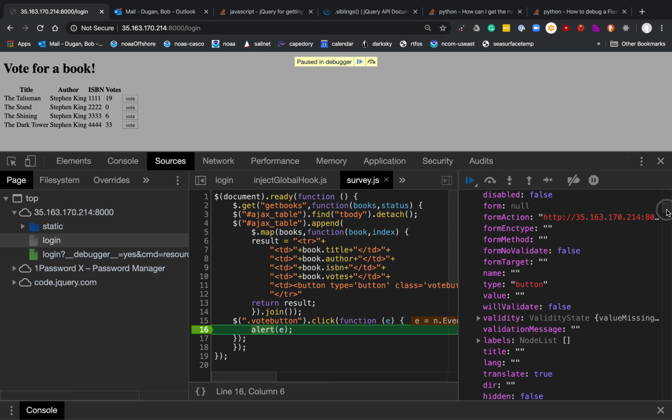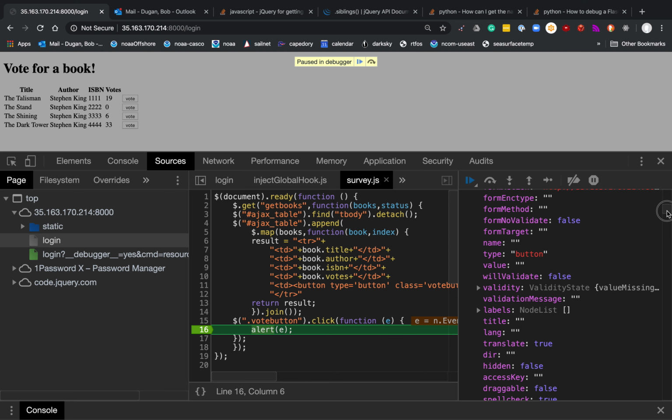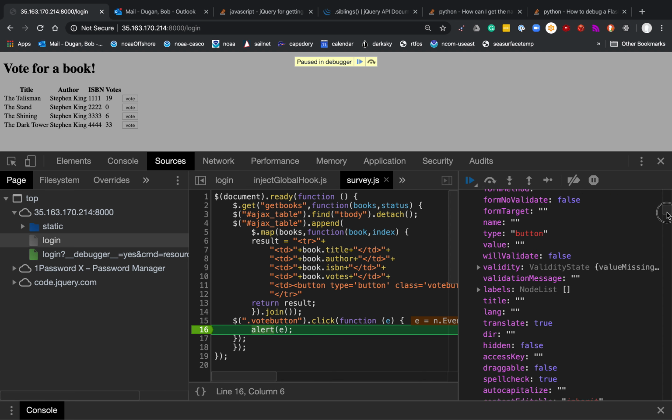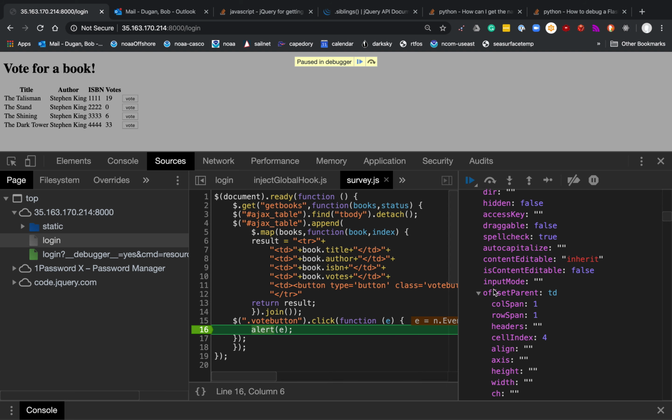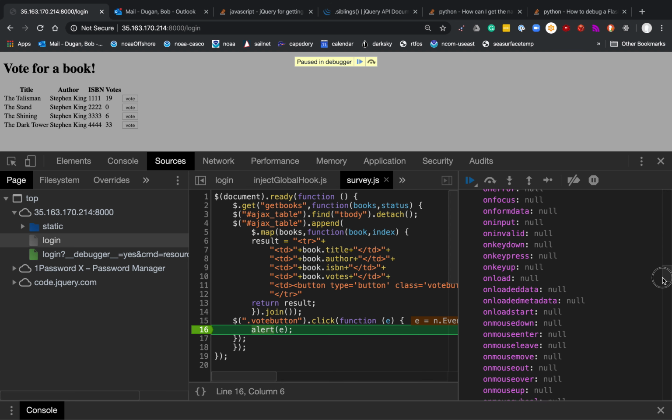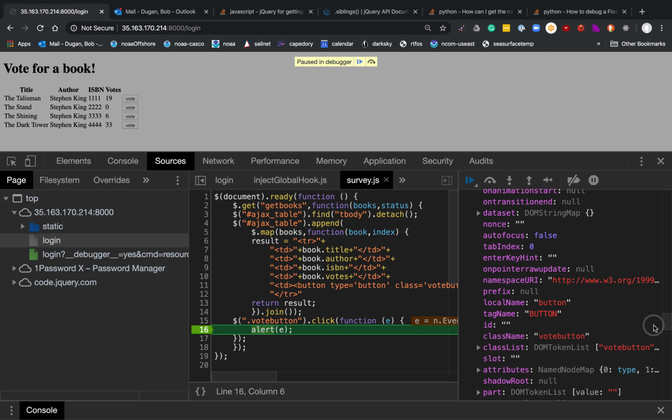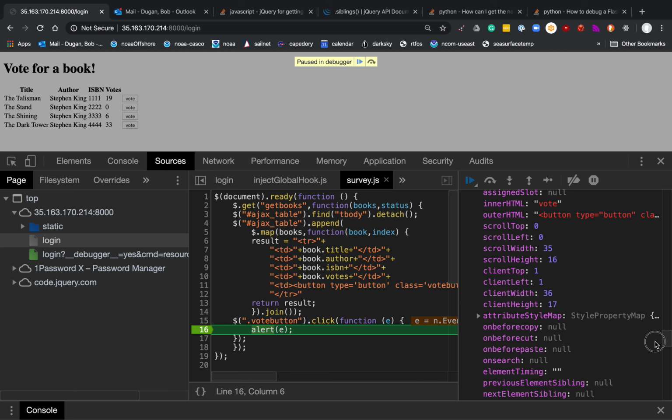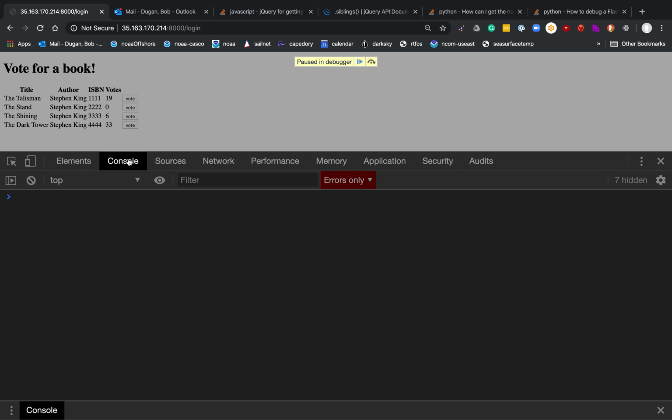So if I look at that button, vote button, and I look around a little bit more, maybe I can find, now I'm at the button. If I go from the button to the button's parent, I'll get the data field that encloses the button. So we're talking about target. There's something that's called offsetParent, and I think there's also something called parent. Let's try it this way. Okay, so I'm going to say, hey,